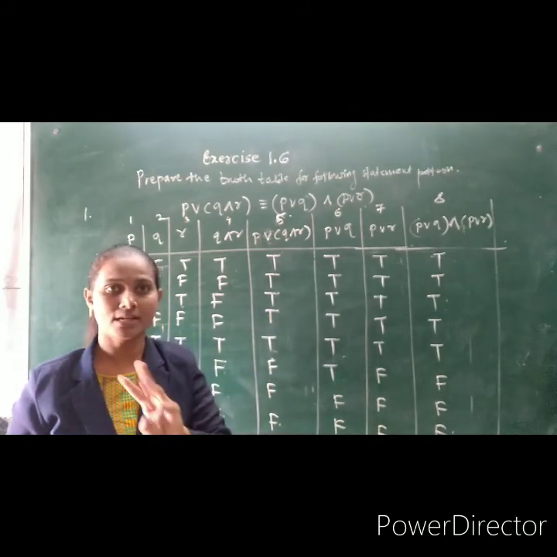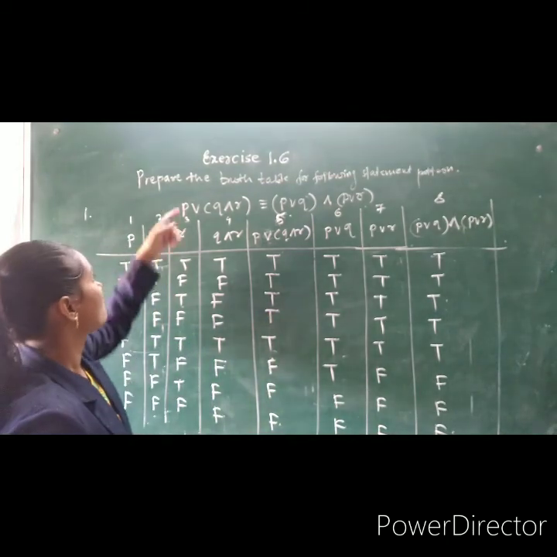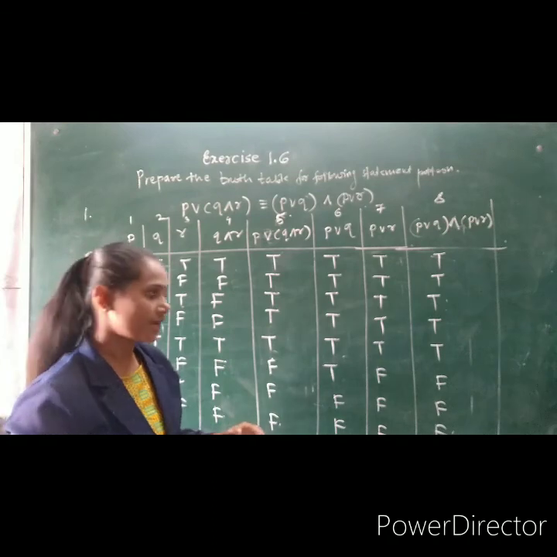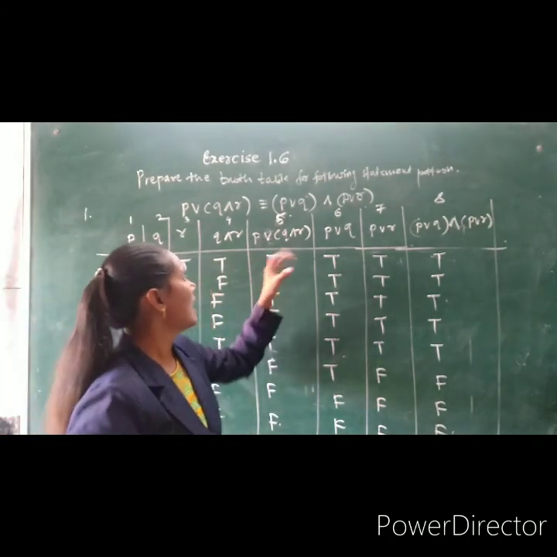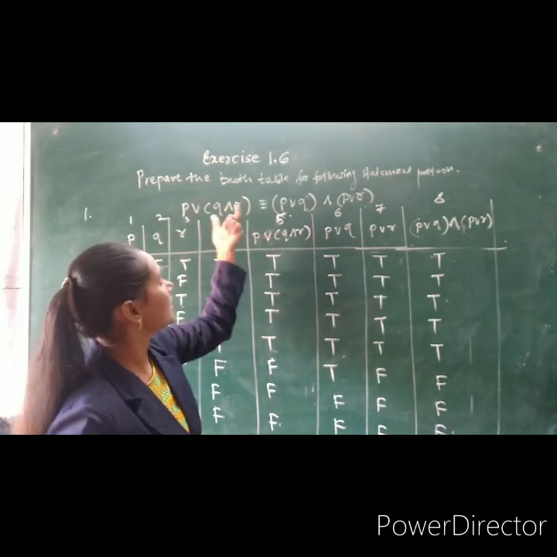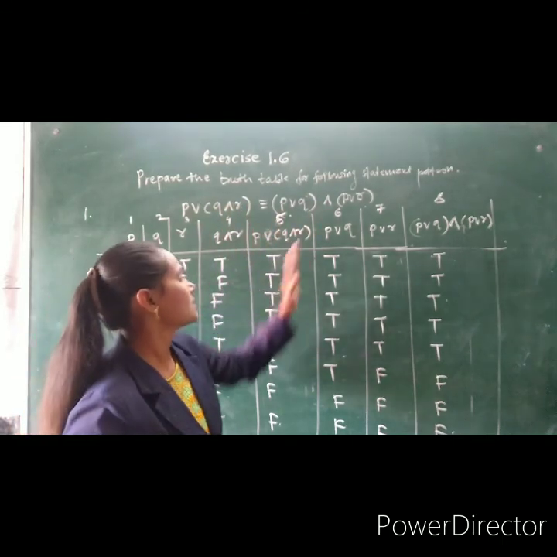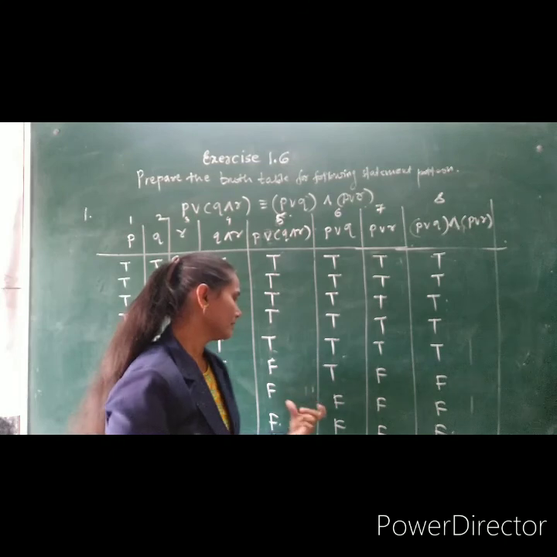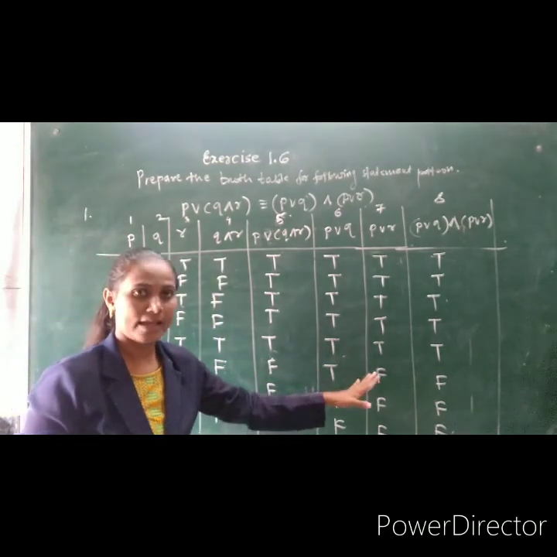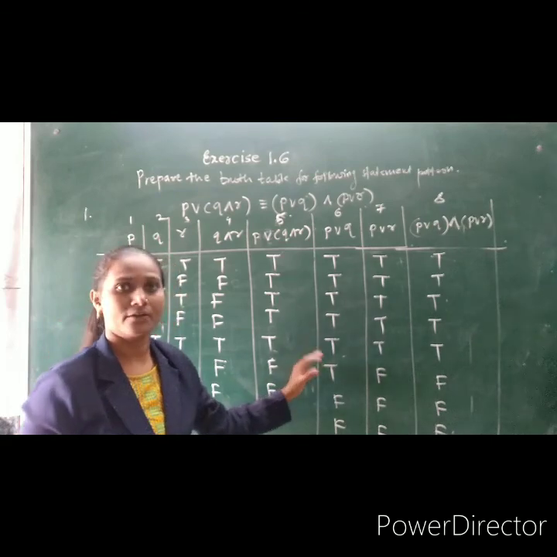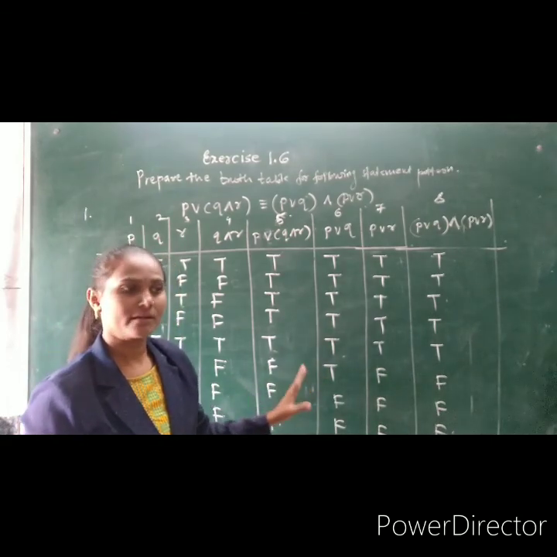In the exam, you may be asked a question for 3 marks: verify the following logical equivalence. So make the truth table for this statement pattern, and if the last entries in the given LHS and RHS are identical, then write from column number 5 and column number 8, these two statements are logically equivalent.